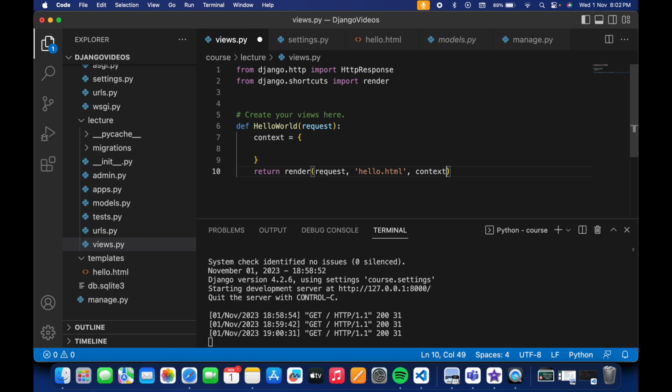So let's see. Here is my views.py and I'm going to create a variable named context. Context is a dictionary and we can pass this variable as a third argument in the render function. Because I want to pass a name, suppose I'm going to pass first name, which is Mayank, and last name,